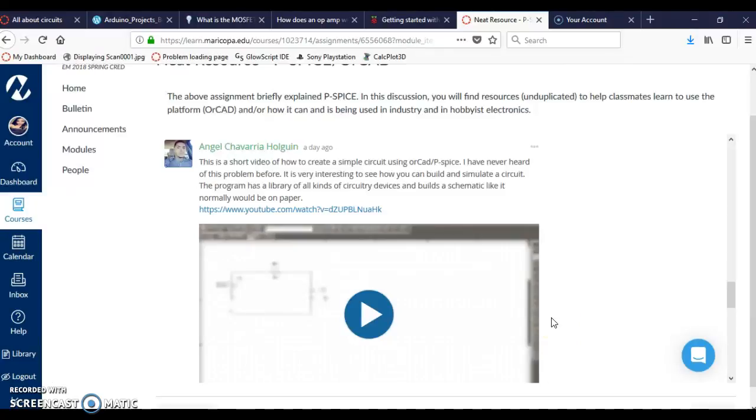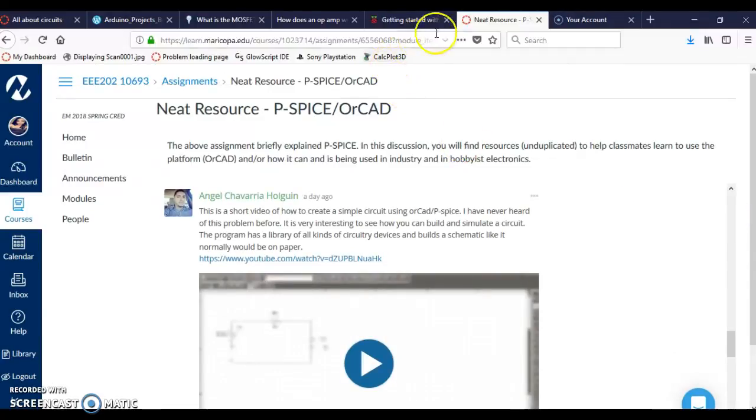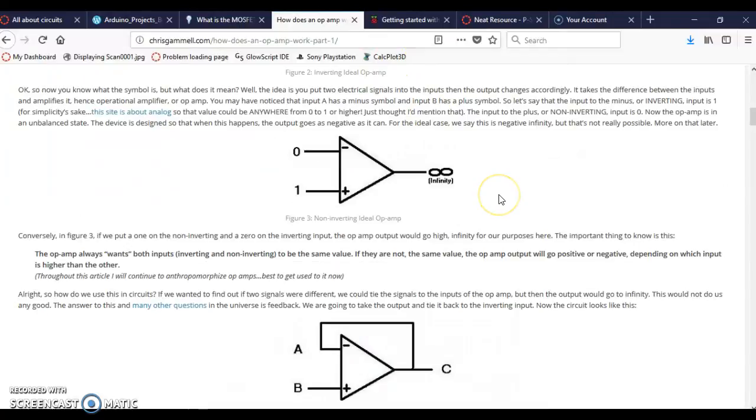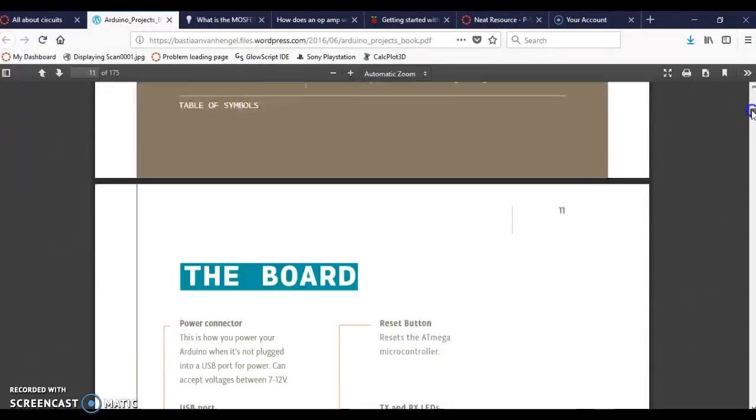I spent 11 hours this week on the class, and what I learned was that I need to do more research on the op amps. I also got a really good refresher on a lot of the stuff from the Arduino book,